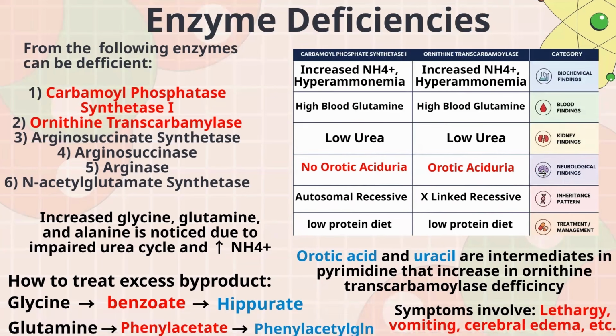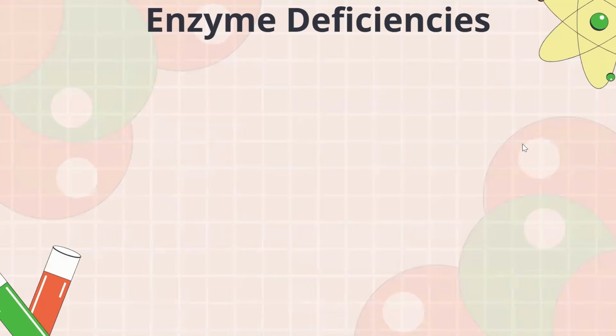That's all you need to understand here in the slide. Just know benzoate and phenylacetate, remember the orotic aciduria, and remember the symptoms. The other enzymes are obviously going to cause problems, but these are the most severe. And by the way, fun fact, ornithine transcarbamylase is actually the most common one to be deficient out of all of these. So, enzyme deficiencies, finally, let's talk about the other stuff.